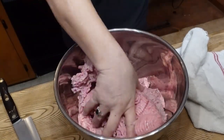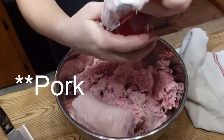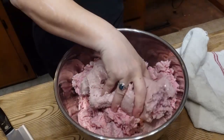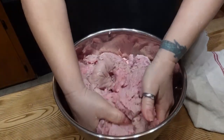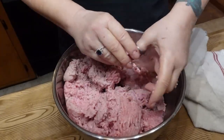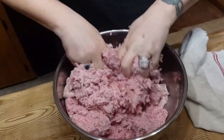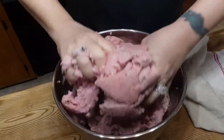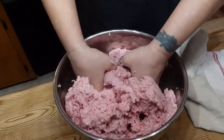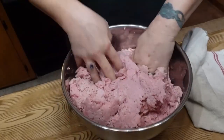So here I'm using a pound and a half each of ground turkey and ground sausage, and I am mixing it together by hand. I want to incorporate it really good before I even add my spices to this. I want to make sure that the meats are well blended together. That is just my preference for how I like to do it. You can do it whichever way you want, but I find it best to mix the meat before you start